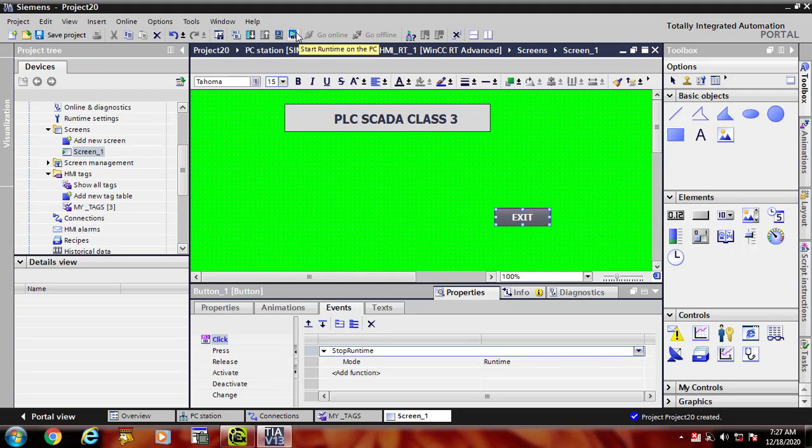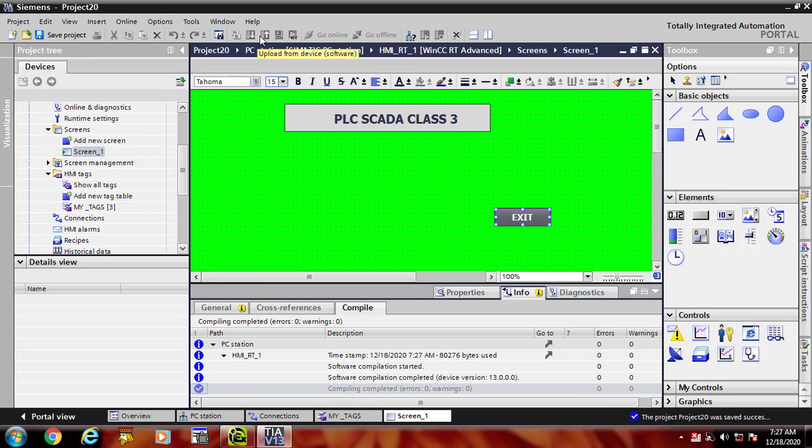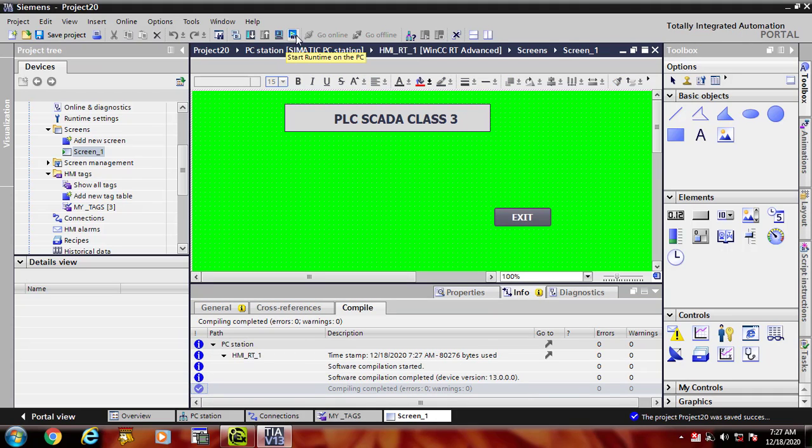Now we can check it. First of all, compile it, save your project, compile it, and then launch, start runtime on your PC.